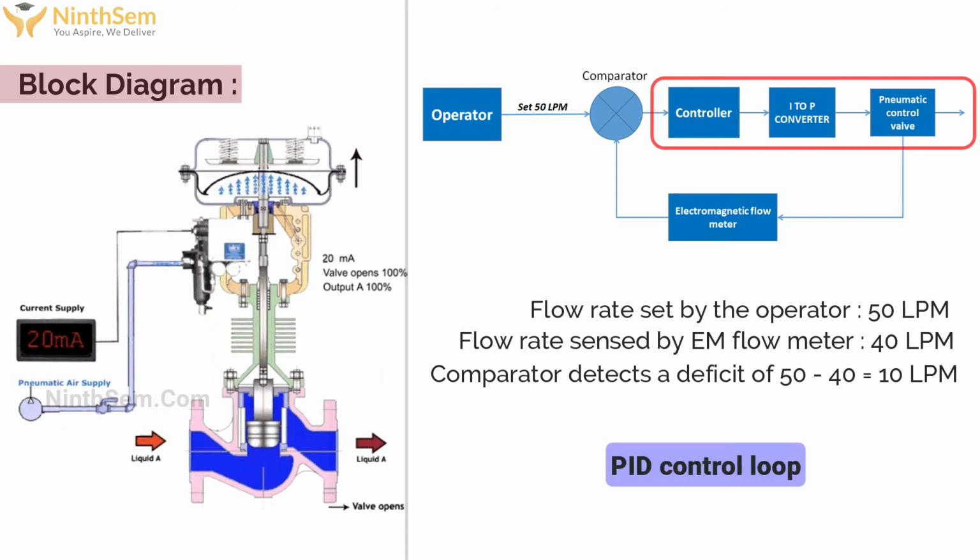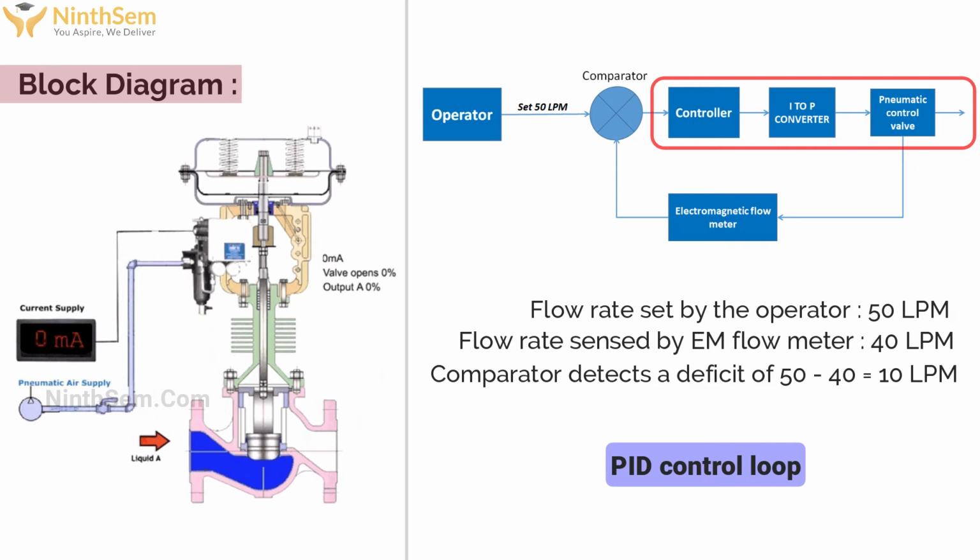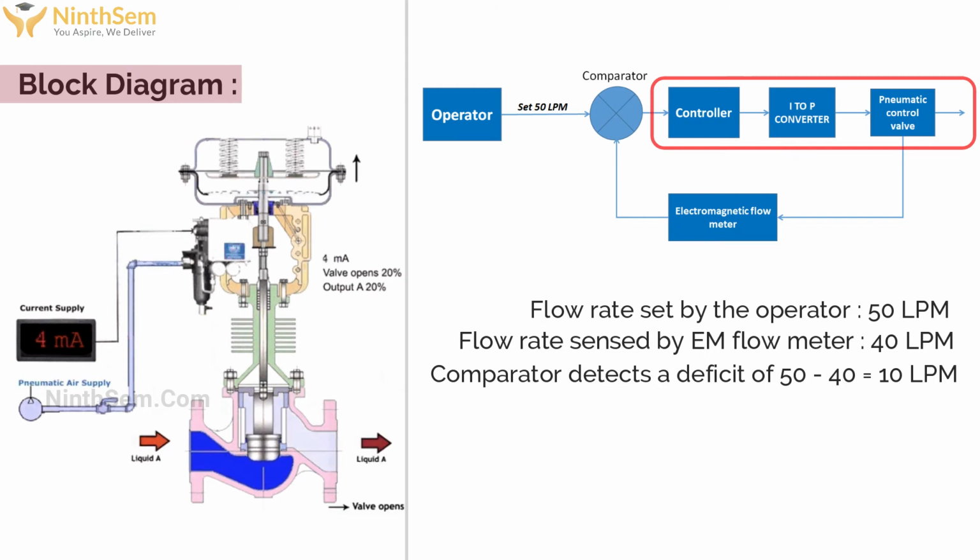This process is done by a PID control loop, which is programmed inside the PLC. As you see, the electromagnetic flow meter in the figure is attached in a pipe, which senses the flow of water in the spray cooling system. As the operator sets 50 lpm, it will compare, and there is a 10 lpm water deficit. For example, the electromagnetic flow meter senses 40 lpm. In that case, the controller, nothing but the PLC, detects that 10 lpm of deficit water is there.